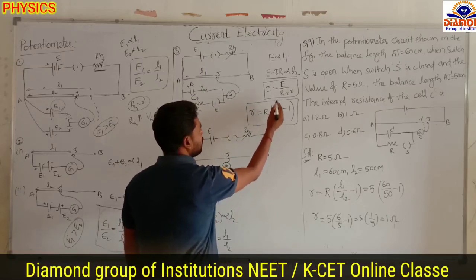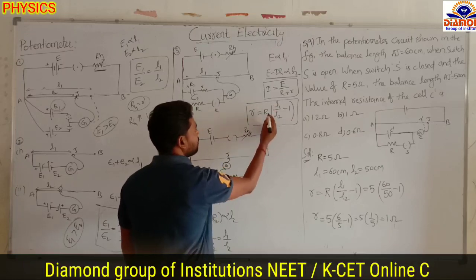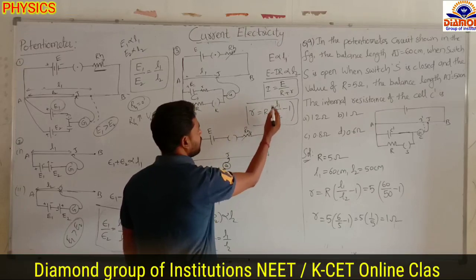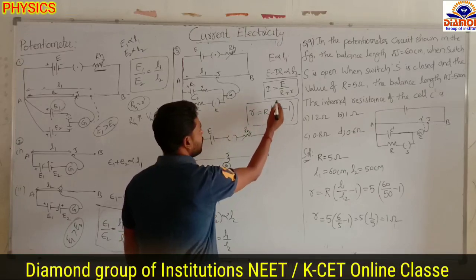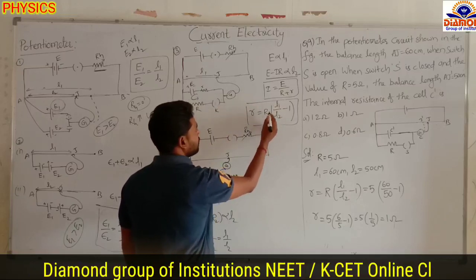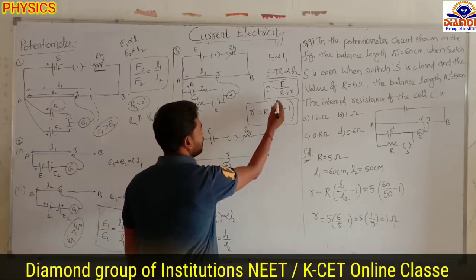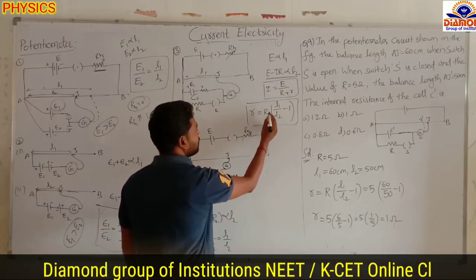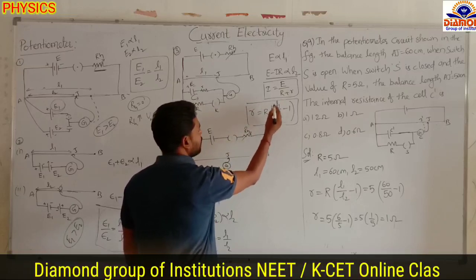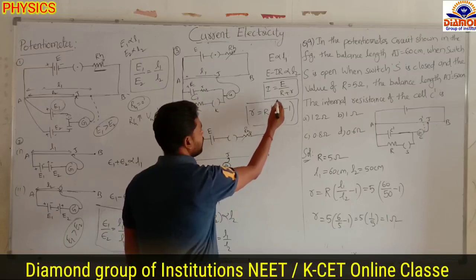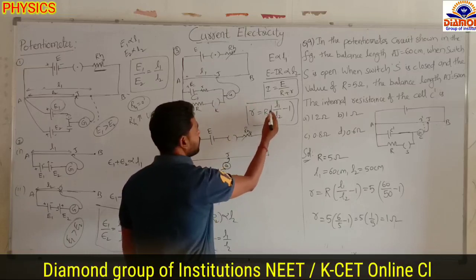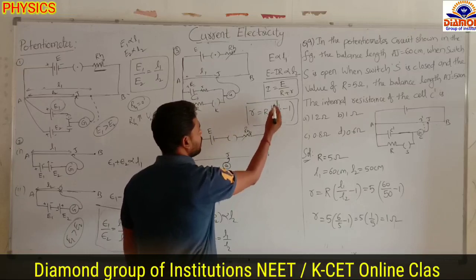Then current flows through these two resistors connected in series, I into R1 plus R2. So the length will be more. Why? Because the potential difference also increases. So somewhere it will show the deflection. Now I into (R1 plus R2) is proportional to L2. So from this we get R1 by (R1 plus R2) equal to L1 by L2. We have to take the ratio. By doing this, we can compare the resistors also. These are the four you have to remember.